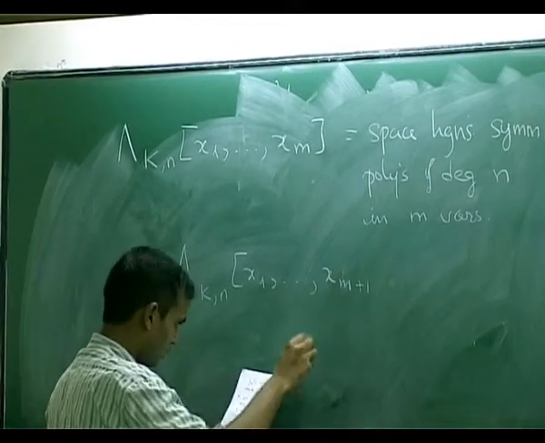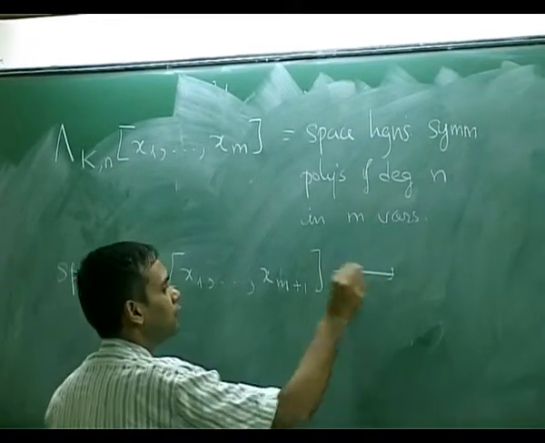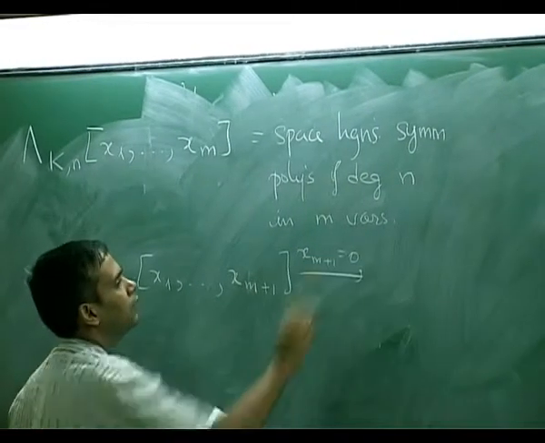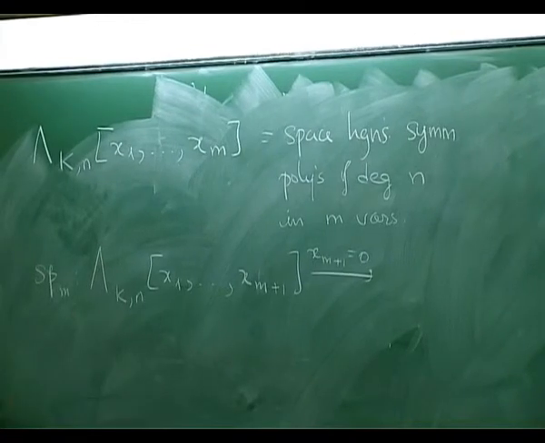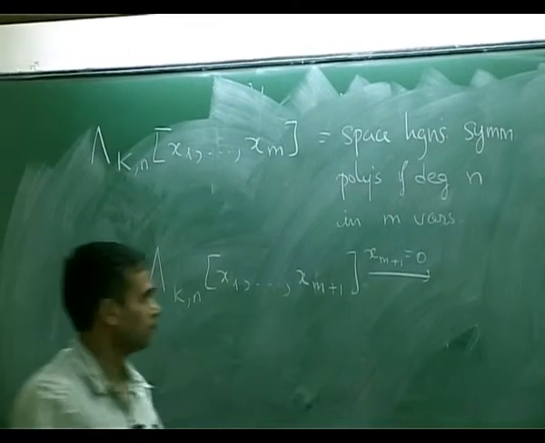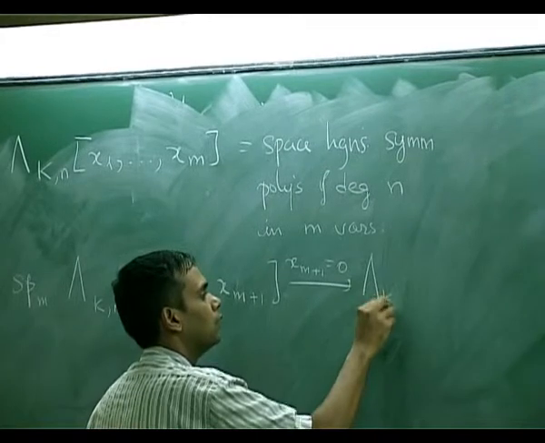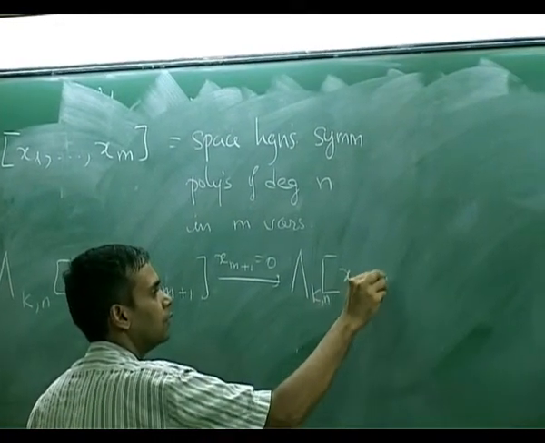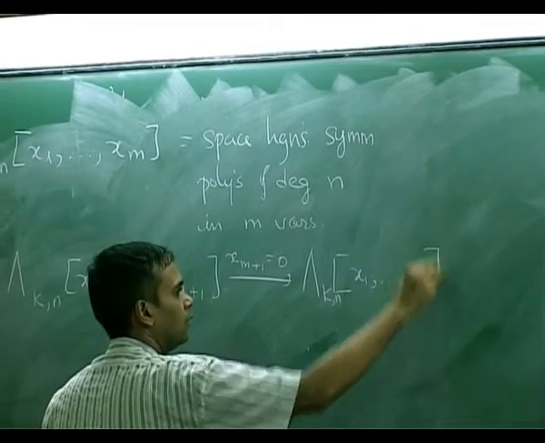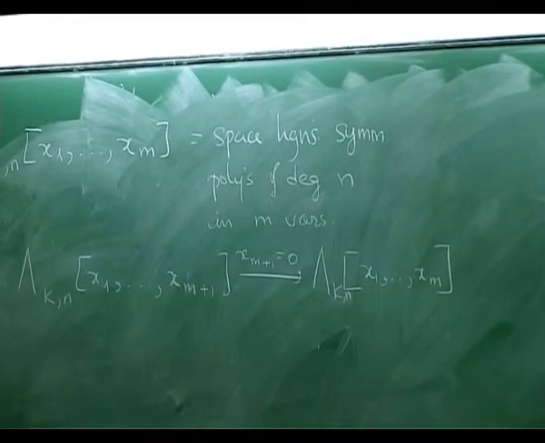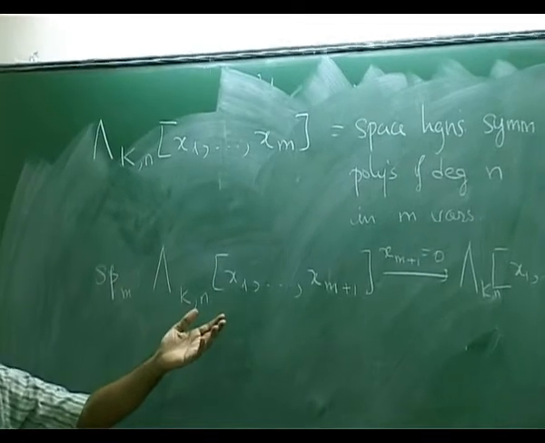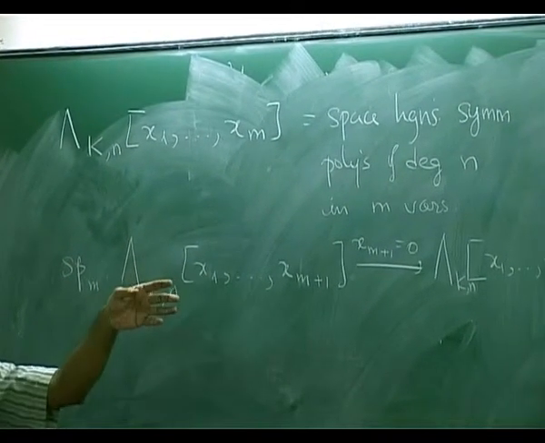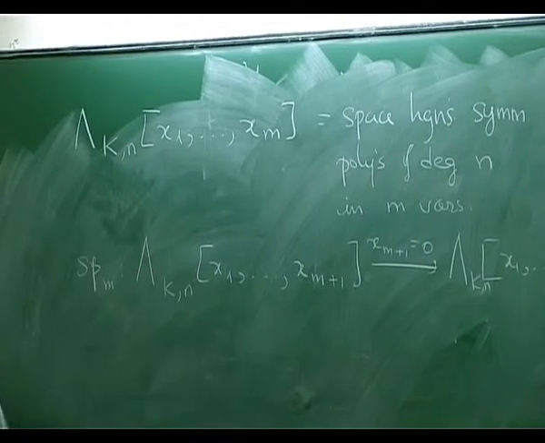Or, well, actually, what you do is you take this last variable and set it equal to 0. And for example, if you take a polynomial in which all the monomials contain the last variable, then it will vanish. So this is not an isomorphism